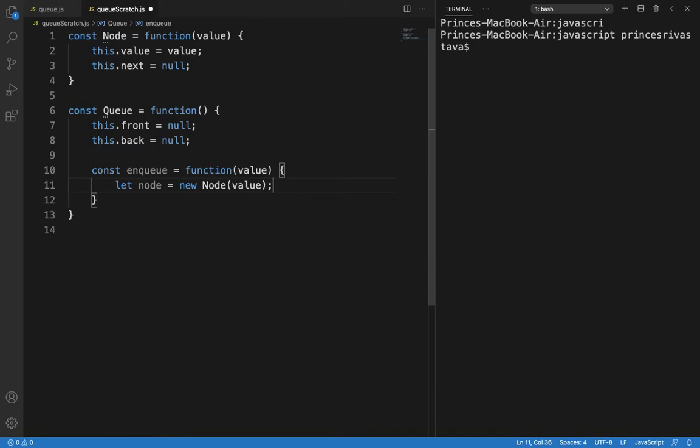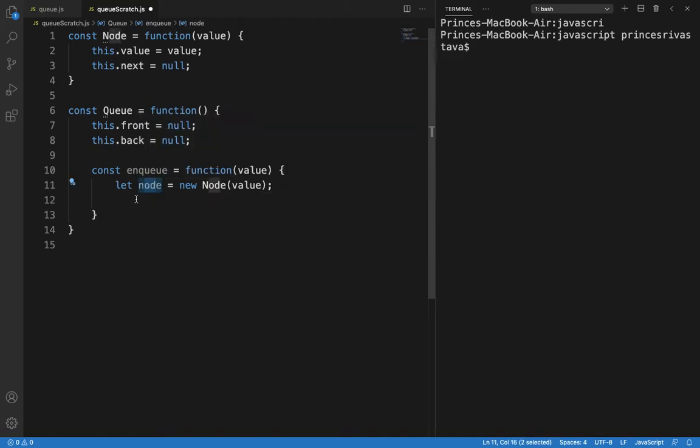Okay, so our node is created now. Now when the node is created, we will check a few things. Suppose the queue is empty. So when the queue is empty, then front and back will be pointing to this node only.